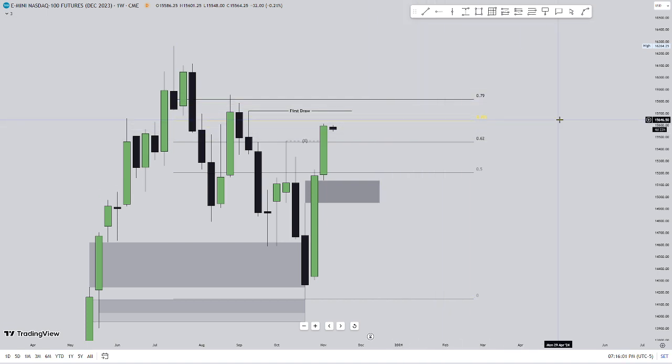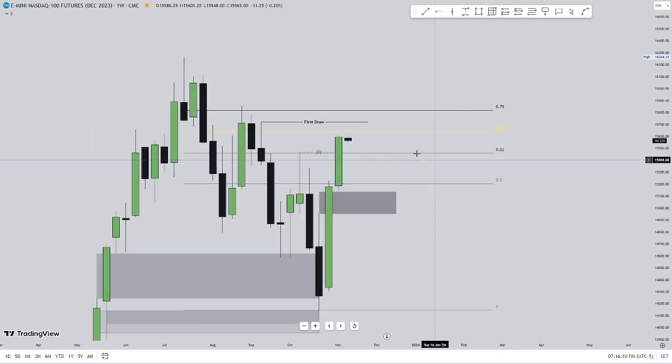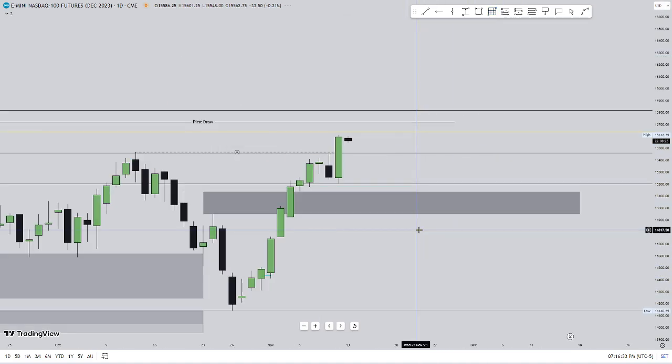So we should hopefully see a move into this 0.705 golden zone. But I do want to see a bearish reaction, and if we want to grab liquidity, I would hope NQ would grab this liquidity up here and then come back down to the imbalance that we have. Let's quickly draw the imbalance. The discount. Okay, so that means our fair value gap has to be down here. So my analysis was actually wrong.